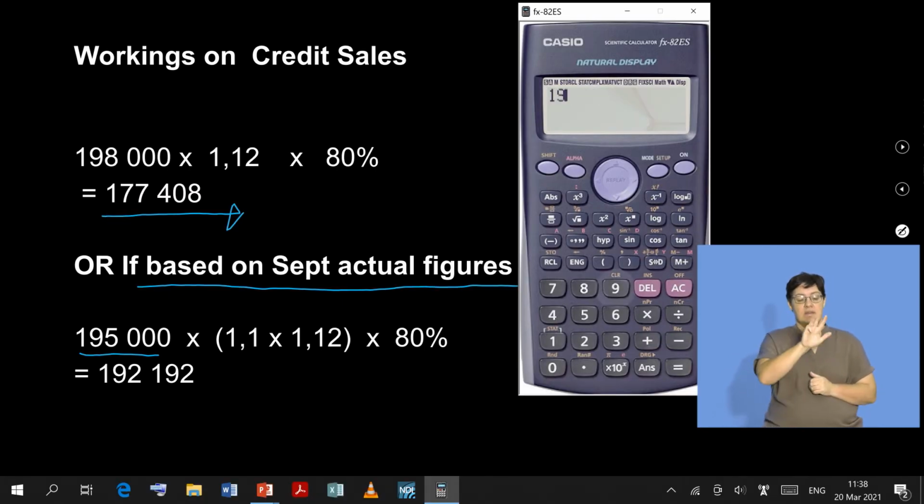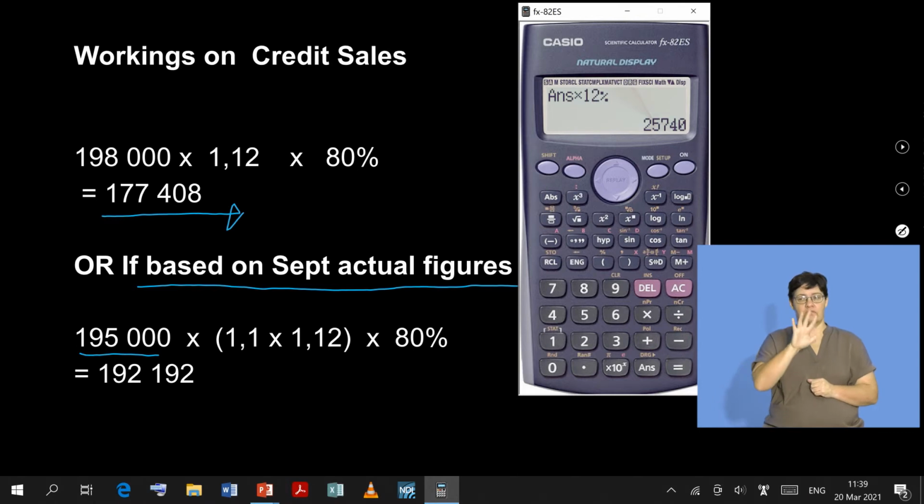It's 195,000 plus, let's do this again, times your 10%, okay? And that will give you a figure of 19,500 plus 195,000. This will then give you a figure of 214,500, right? Now we say 214,500 times your 12%